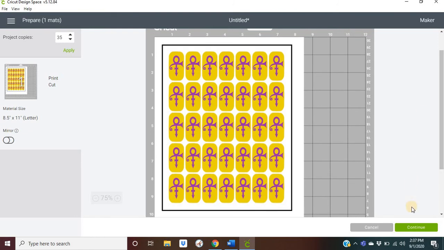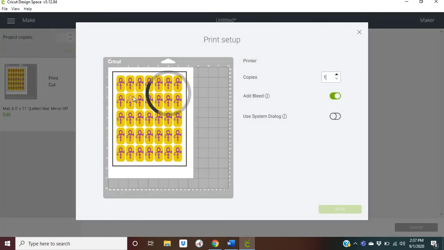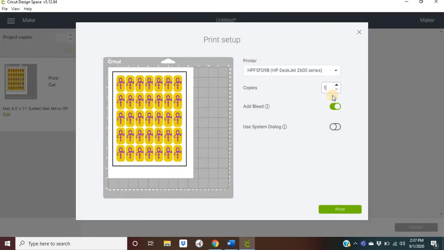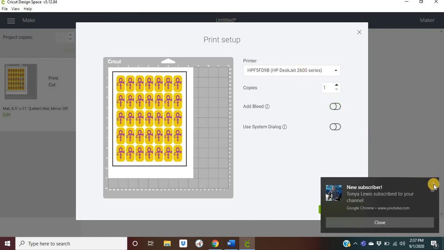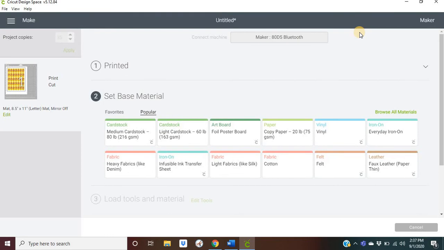I will click continue, send to printer, turn off my bleed, make sure it is set to the correct printer, and then I'll click print. Okay. Once it's done printing, I'll put it on my mat, and then I will go back to set my